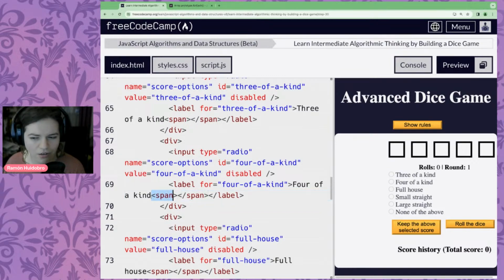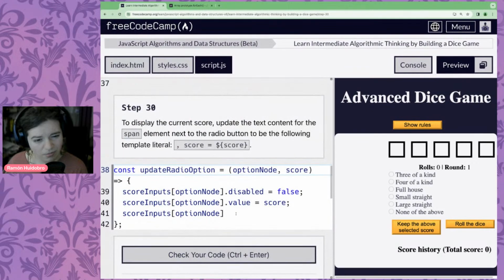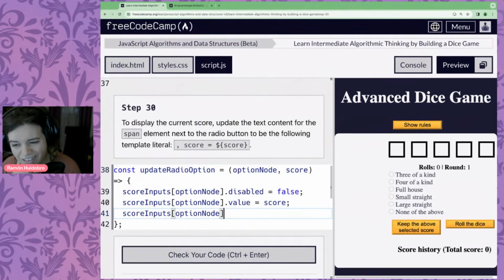There is a span here. And the input is next to the label. How do I get an element that's next to something?